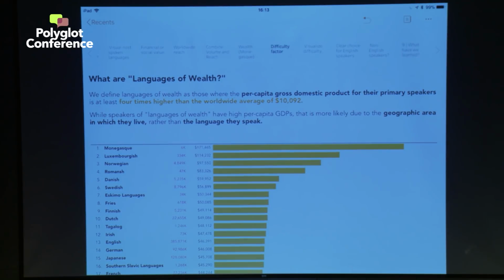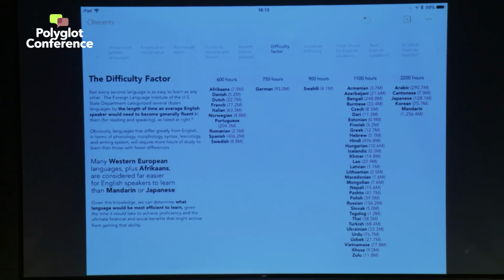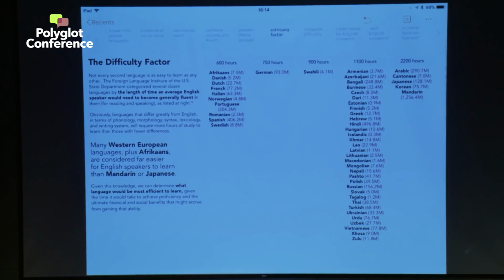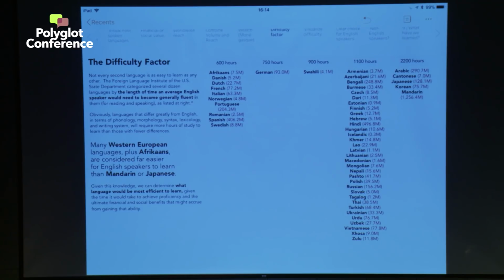The next thing that comes up a lot is the difficulty factor. So you've all seen the Foreign Language Institute coming up with this list of the amount of hours. I'm not a big fan of this. I think it depends on a lot of factors. I personally found Spanish took me a lot more hours because it was the first language I learned. I had less confidence. But in general, on a wider scale with a group of people, it leans in this direction for English speakers, okay?